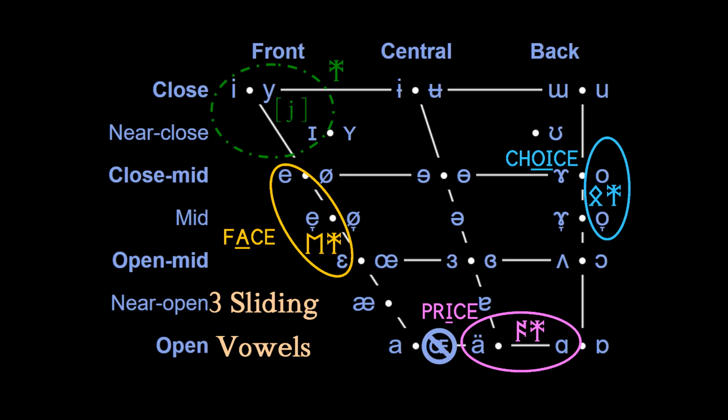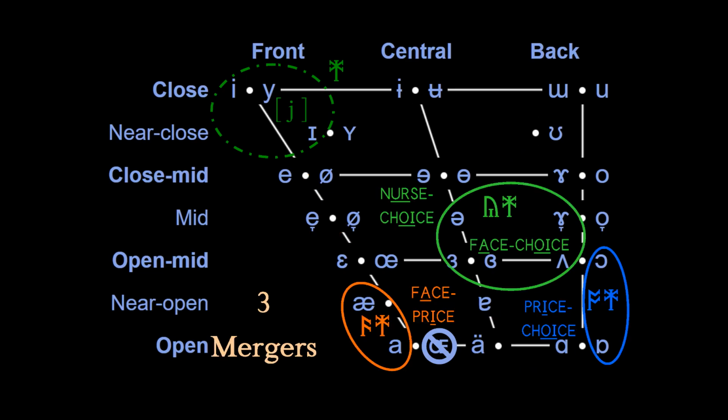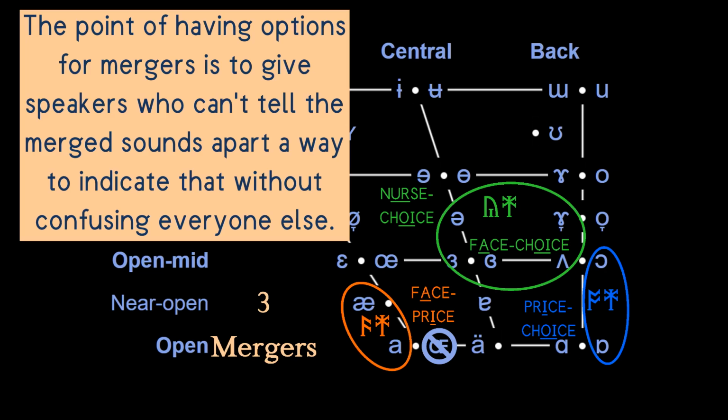Choice is a little more difficult, as some accents begin it at the open mid back vowel while others begin it at the close mid back vowel. The open mid are the majority, but I'd like to suggest using ethel-is for the choice vowel is a better solution. Why? It's because this creates a triangular situation where any merger between these three sets can be denoted by using the onset rune which falls between them, as shown on screen now.